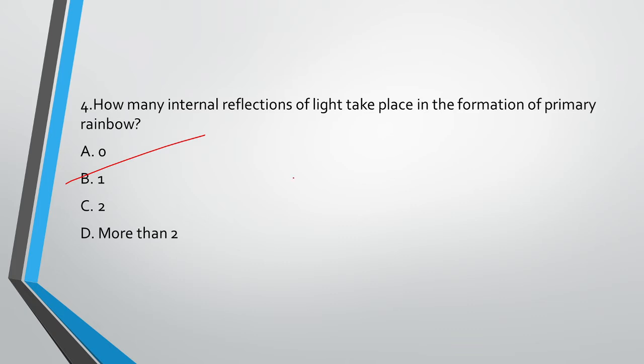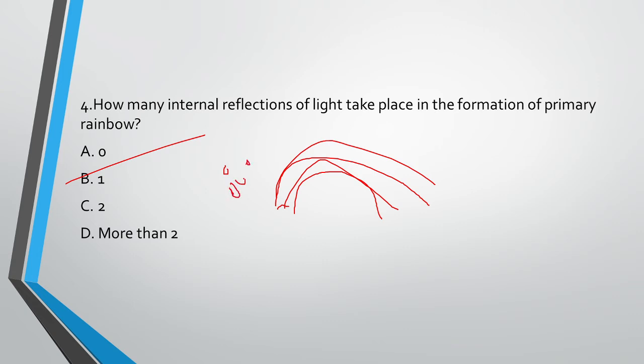See, remember, when the sunbeam is reflected once and refracted twice by the droplet, a primary rainbow is formed. You know, the rainbow has various colors, 7 colors. They are formed by the droplets which are present in the atmosphere. And when a sunbeam of light is reflected once and refracted 2 times from it, then the rainbow is formed. Alright. So let's move to our next slide.